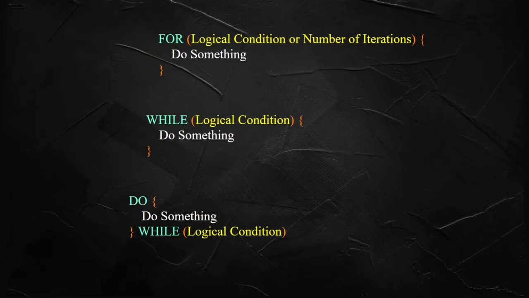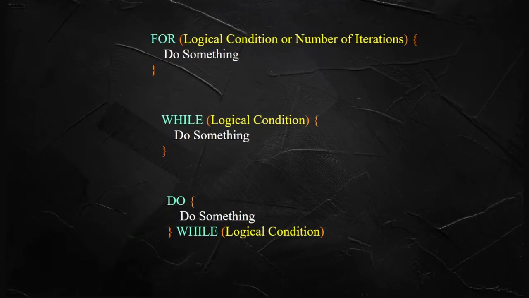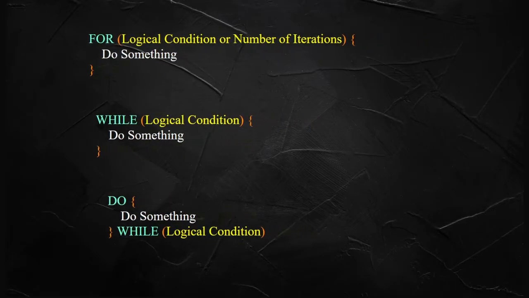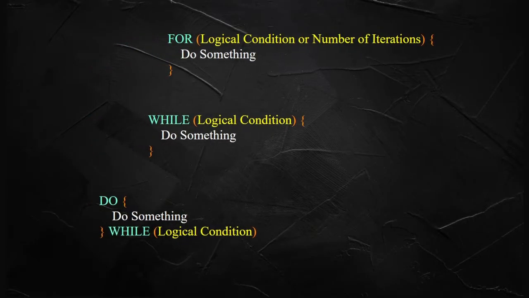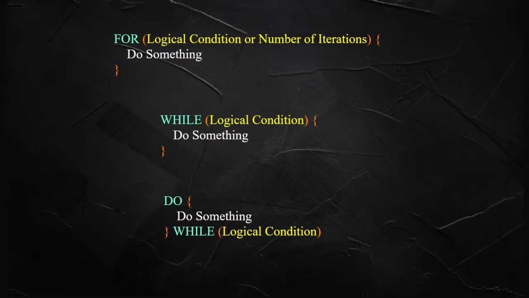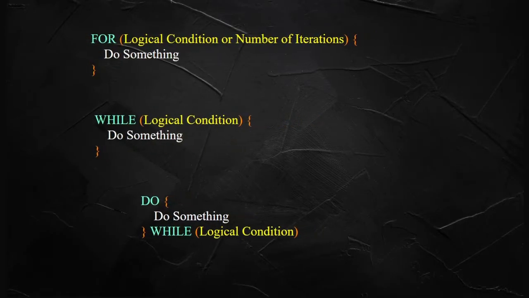Some variations test the condition at the start of the loop, while others test it at the end. If the test is at the start, the body may be skipped completely. If it is at the end, the body is always executed at least once. To understand the working of loops and to control the execution of some statements while skipping others within a loop, many programming courses use the examples of building various shapes by printing characters from within the body of a loop.